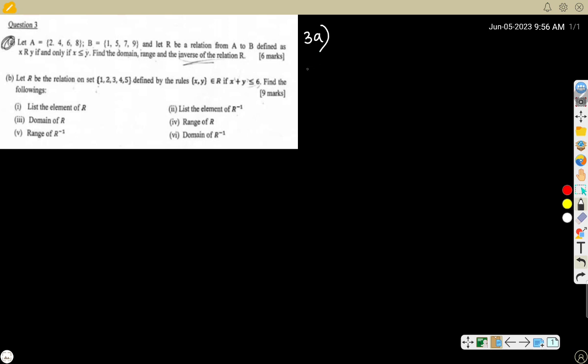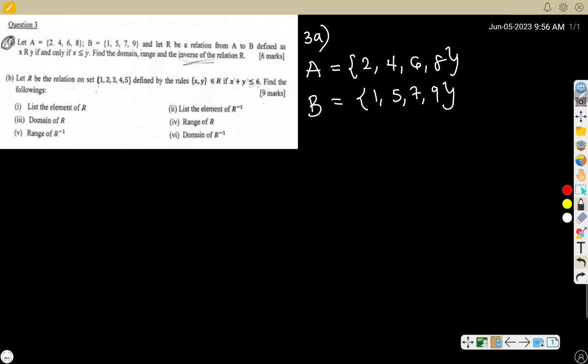Let A be equal to the set 2, 4, 6, 8, and set B is equal to 1, 5, 7, 9, and let R be the relation from A to B